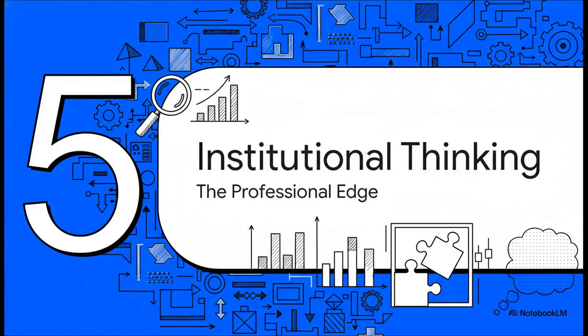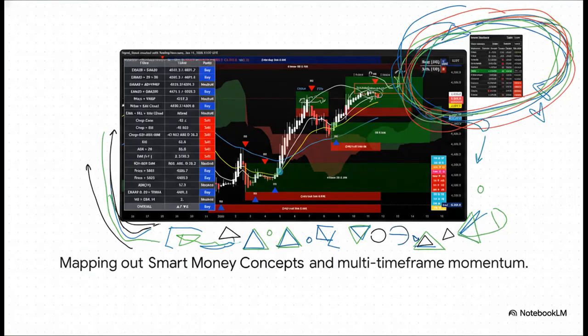All right, now for the final piece of the puzzle. This is what really elevates this from just a good technical system to something truly powerful. We're now going to layer in concepts that help us think and trade just like an institution. And this is where we see it all come together on the chart. You see those colored zones? Those are called order blocks, and they help us see where institutional money has likely jumped into the market. And that little dashboard in the corner? That gives us a multi-time frame momentum reading at a glance. We're not just drawing lines anymore. We're actually mapping the deep structure of the market.